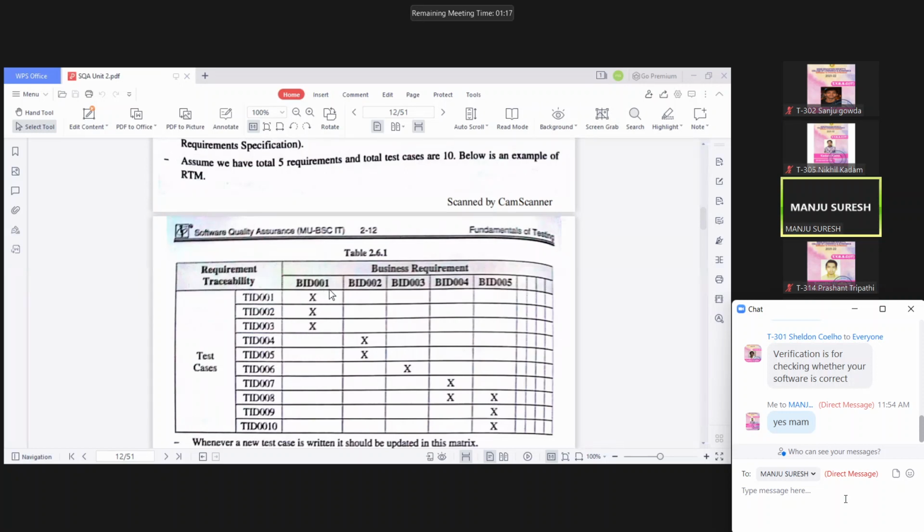So we are tracing from requirement to the test cases, and we are also tracing that each test case is being tested for the requirement which is given by the customer only. कुछ extra scope डाल के हमने टेस्ट नहीं किया है, जो कस्टमर ने हमको रिक्वायरमेंट दिया है उसके ऊपर ही हमने टेस्ट केस बनाए हैं, वो भी हम ट्रेस कर रहे हैं यहाँ पर। Are we clear? Okay, so it's a simple document, which helps us to trace whether each requirement has been tested or not.